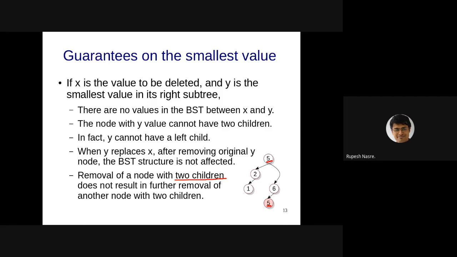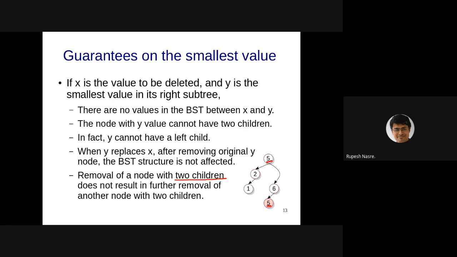Okay, Murari says, can you please explain the last point again? It means converting the removal of any node to one side null pointer replacement, which does not change the structure of a tree. No, it's not that it doesn't change the structure of the tree. It does change some structure of the tree. It's just that it does not violate the BST property.